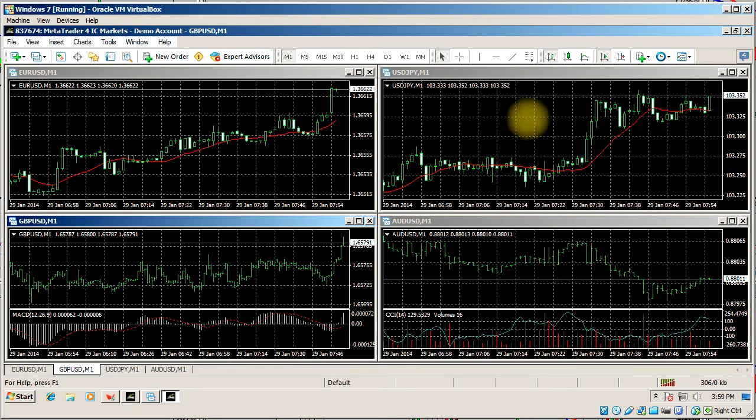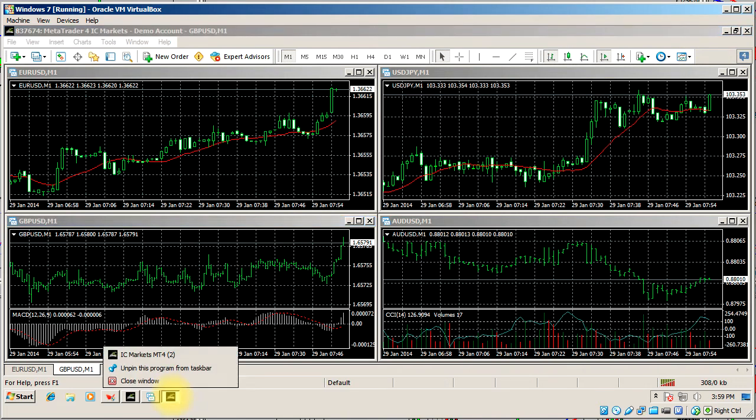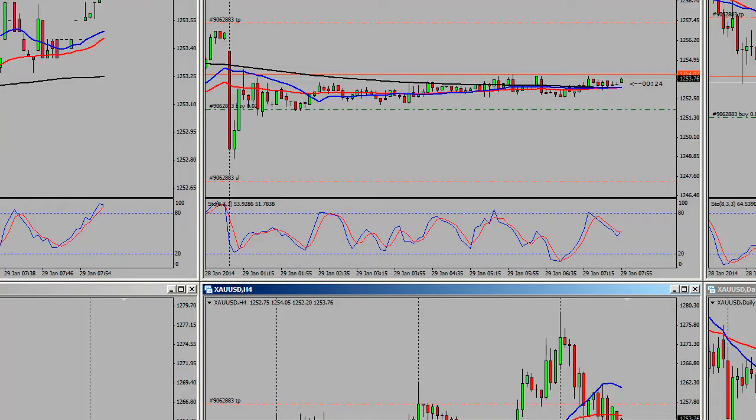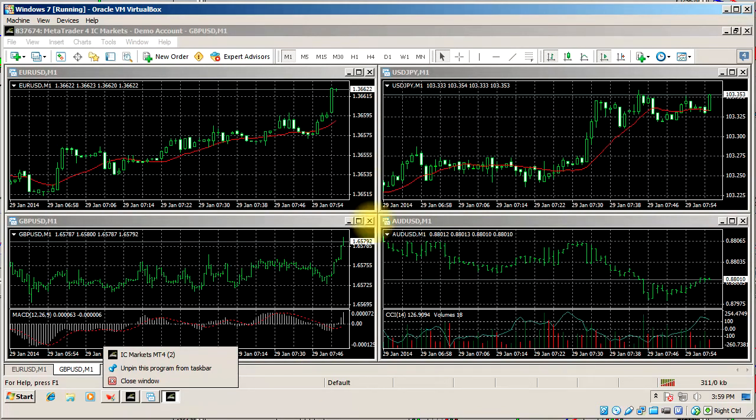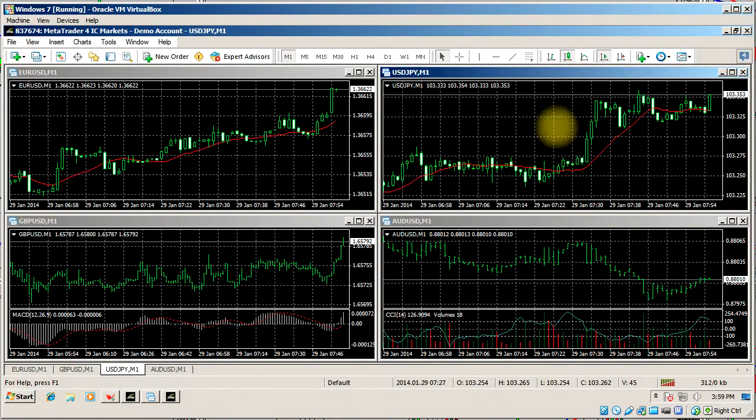So I'll close down MetaTrader 4. Before you do, just right click it and go pin to taskbar. I don't want to unpin it, so that way you can easily pull it back up. Oops, I just closed out of my screen recording. Okay, so close out of